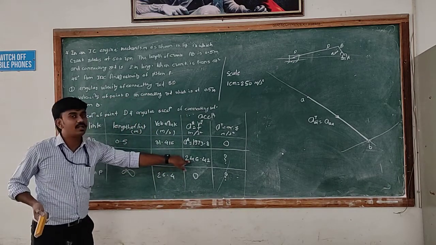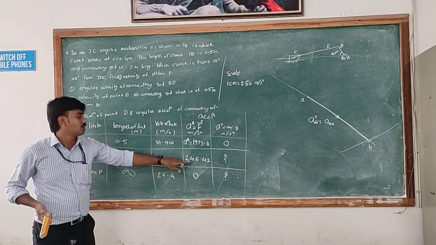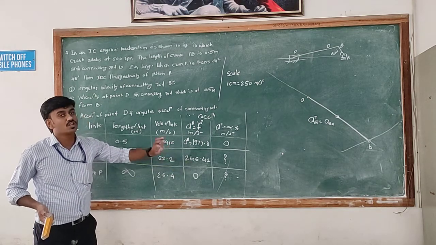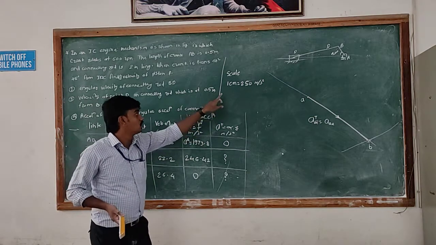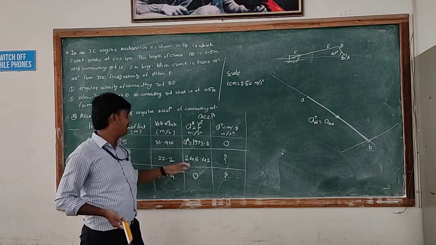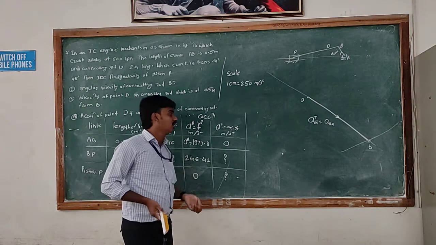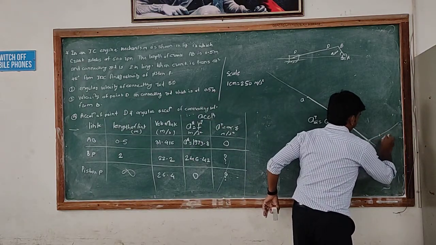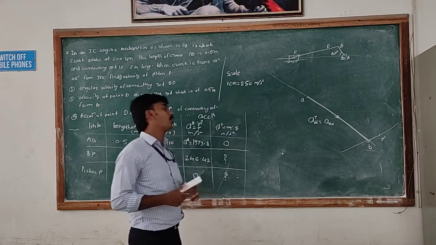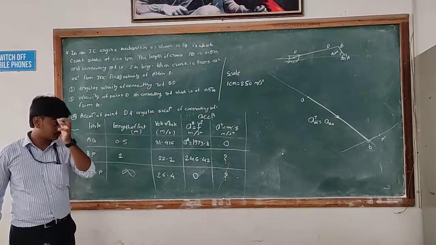Convert these normal accelerations into centimeters. By using this scale, it becomes about 0.95 centimeter. So we will get the point P dash here. Now,